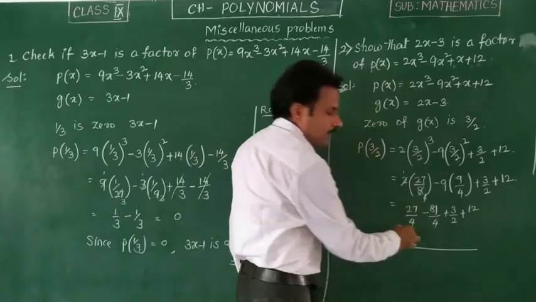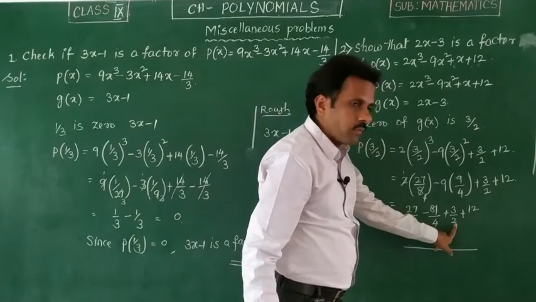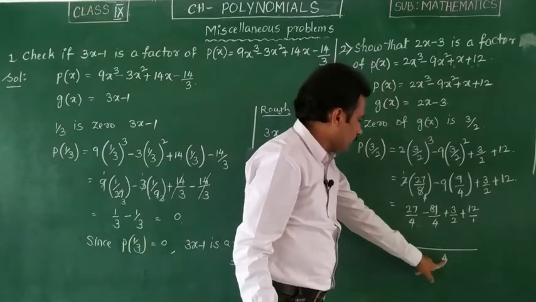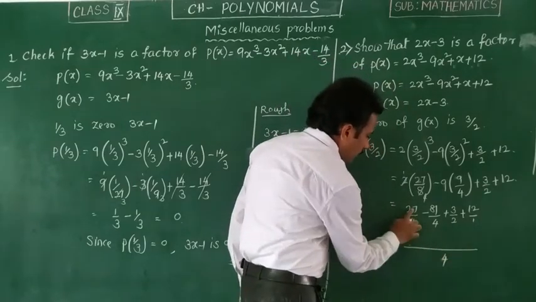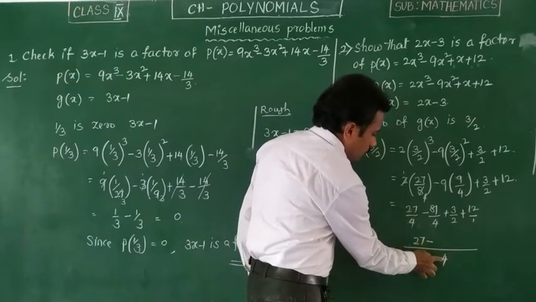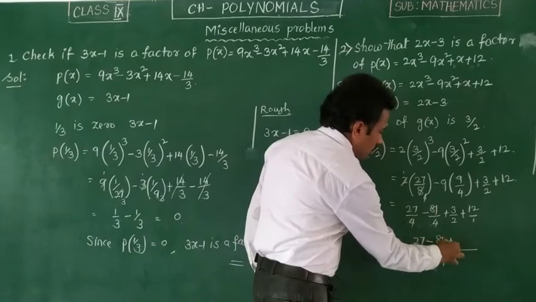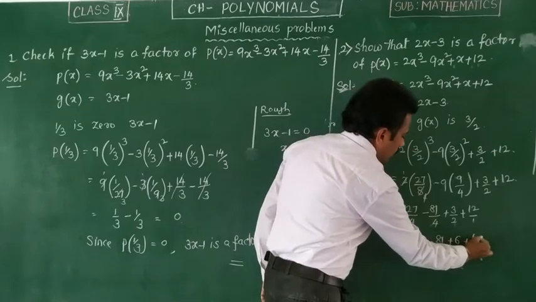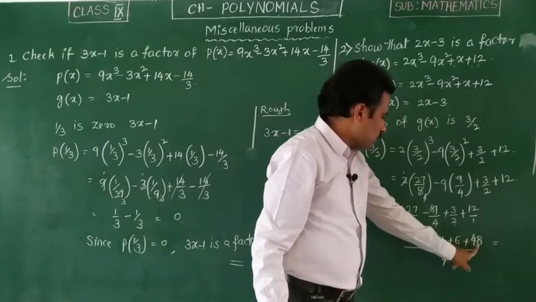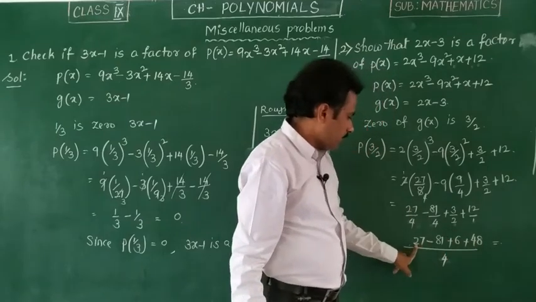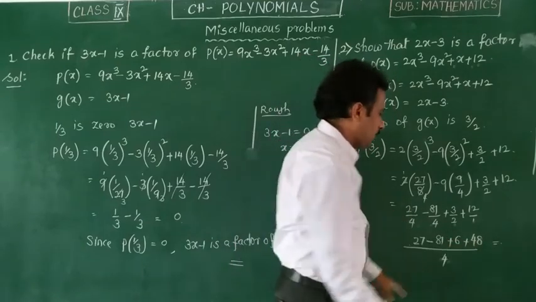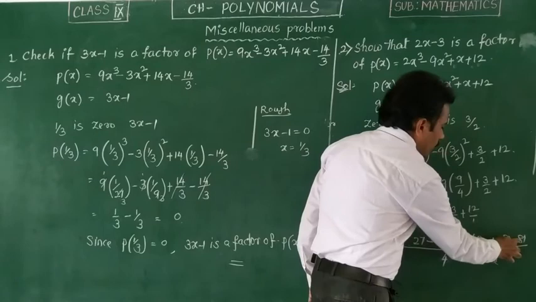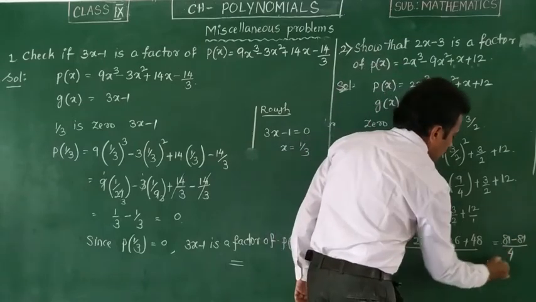So now let us find the LCM of the denominator, that is 4, 4, 2 and 1. Since the 4 is the multiple of all those, we can say 4 is LCM. Now 4 ones are 4, 1 into 27, 27 minus 4 ones are 4, 1 into 81, 81 plus 2 twos are, 2 threes are 6 plus 1 fours are 4, 12s are 48. That implies we get, so first you add all the positives, 48 plus 27, 75 plus 6, 81. 81 minus 81 upon 4. However, it is 0, so ultimately we get 0.